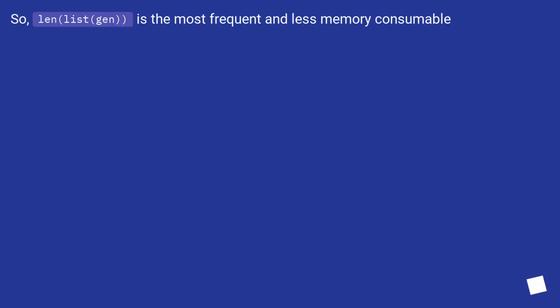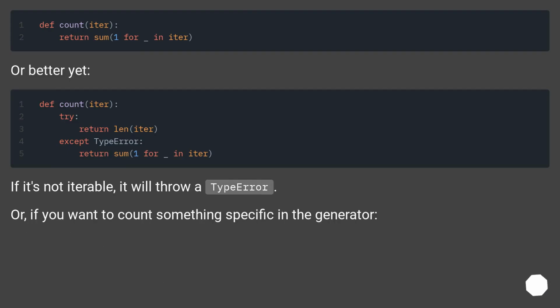So, len(list(gen)) is the most frequent and least memory consumable. Or better yet, if it's not iterable, it will throw a type error. Or, if you want to count something specific in the generator,